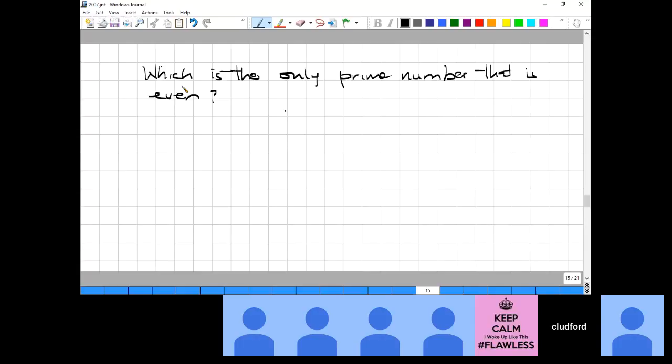Let's see who's next. Shade, which is the only prime number that is even? 2, sir. Okay, so 2. 2 is the only prime number that's even. The first couple of prime numbers would be 2, 3, 5, 7, 11, 13, 17...